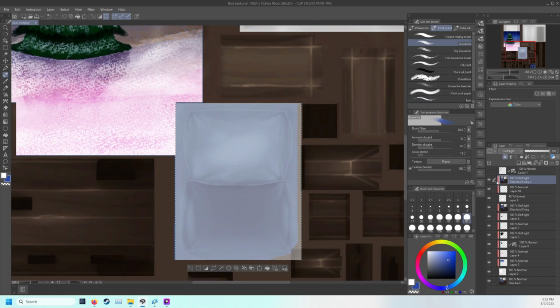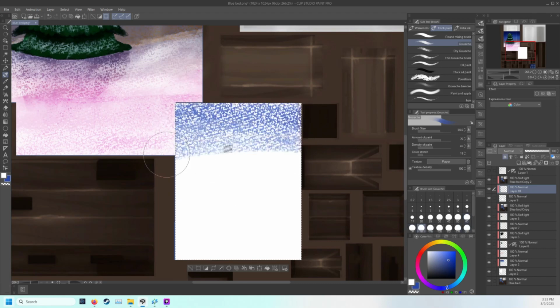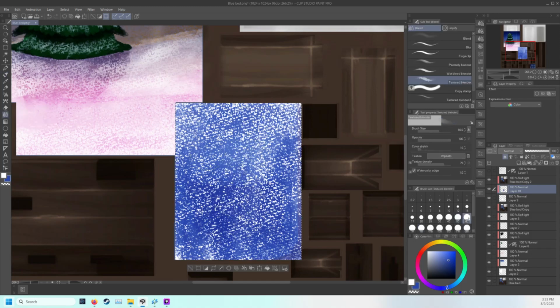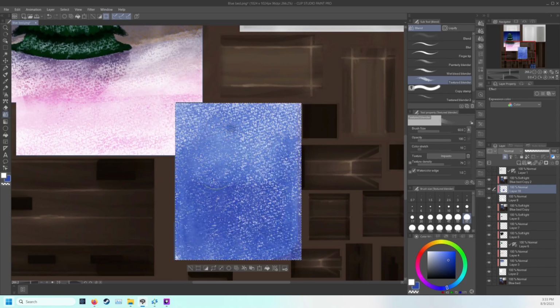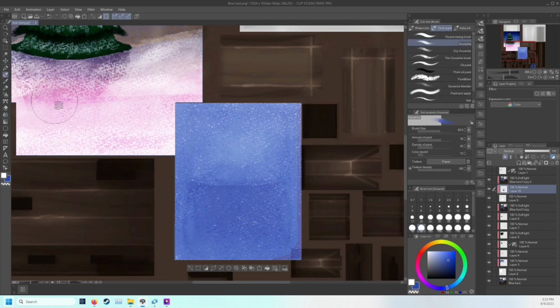And this just makes it easier to the more I paint, the more it's going to reveal the brilliance that is this underneath. Alright, because I'm